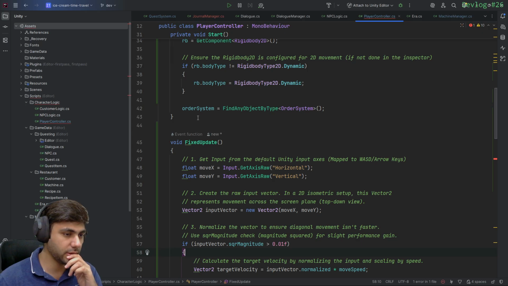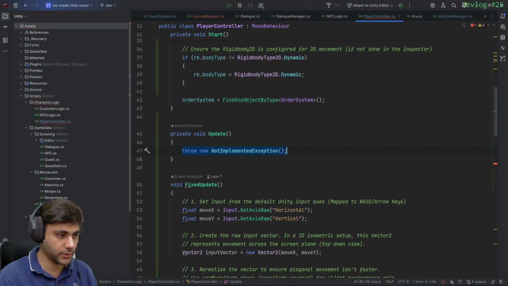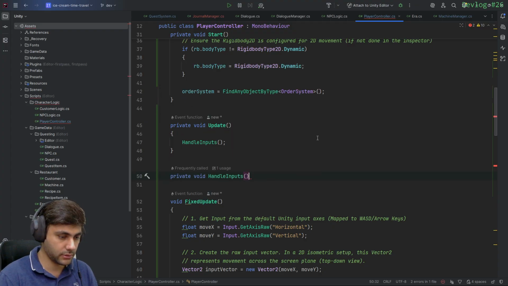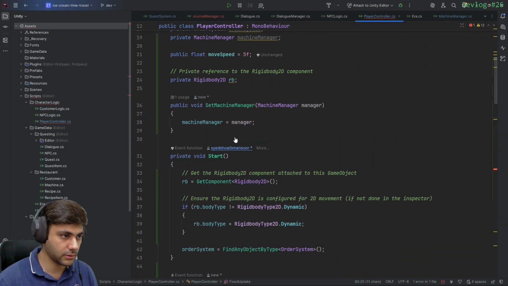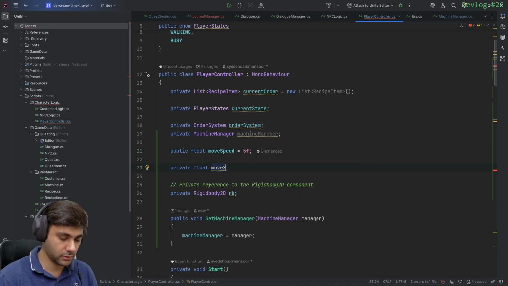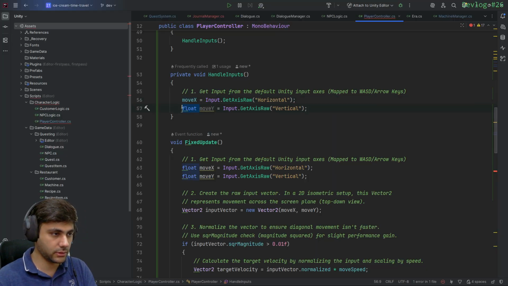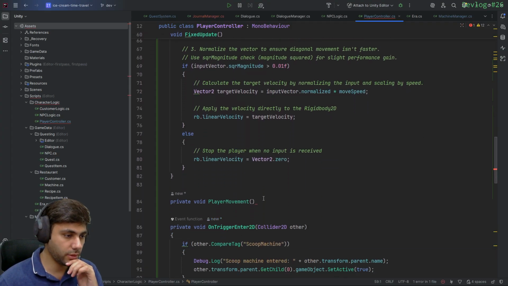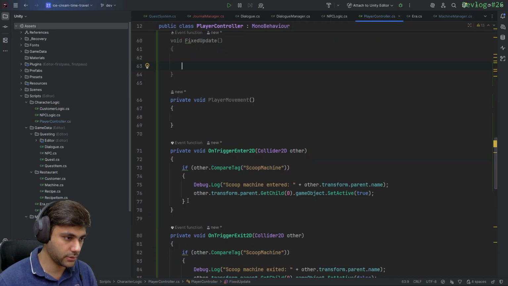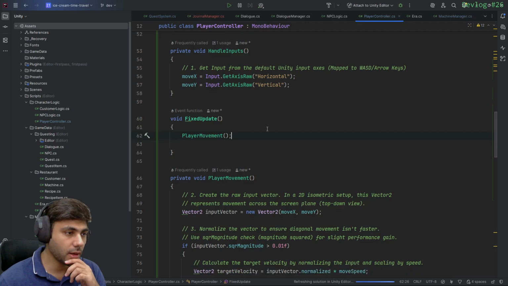It's a good idea to handle input and inputs. Okay, and now layer movement should be